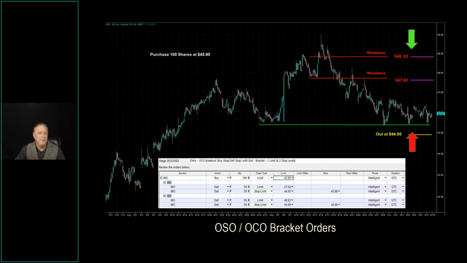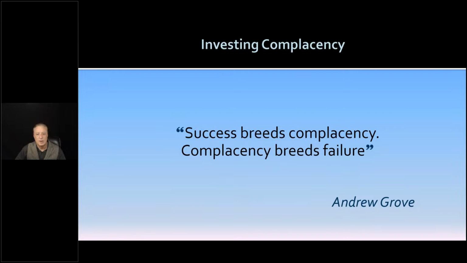An example would be, I purchased a stock at $100 and I want to take a portion of profits, we'll say at 120. Or I want to get out if prices fall below 92. With a bracket order, you'll decide if you want to place protection in order to reduce your downside risk, or grab some profit if you get a big move up, and you can have both simultaneously. And you can layer these and put in multiple profit targets or stops. And when one side's filled, the other side just automatically gets canceled, and there's no additional cost for these. Now, I know what some of you may be saying.